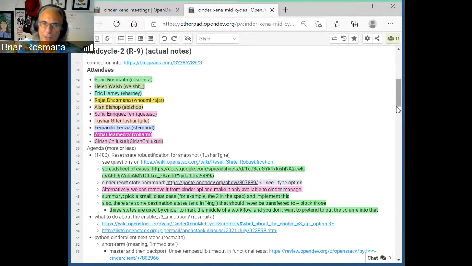I'm clear on that. But the basic idea is that you can't force a volume to be suddenly into the middle of a workflow just by putting the state there. And so we don't want to allow that to happen. And that seems to make sense.